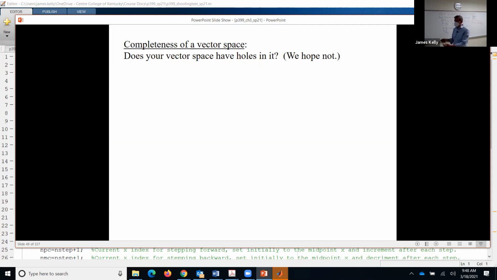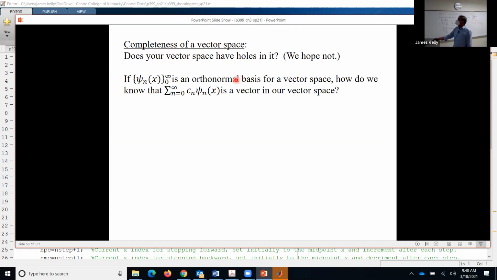We don't want that to happen because we want to be able to write down things that look like this, right? So here I'm saying, here's an orthonormal basis for our vector space L2 from -infinity to infinity. And I'd like to be able to write down something like this without worrying too much, as long as those Cn are such that the sum from n equals 0 to infinity of the magnitude Cn squared is finite,